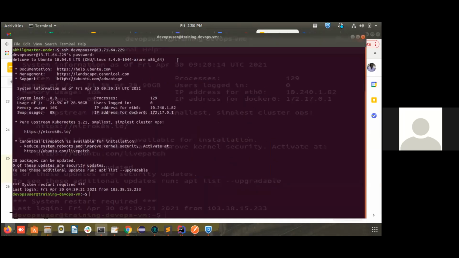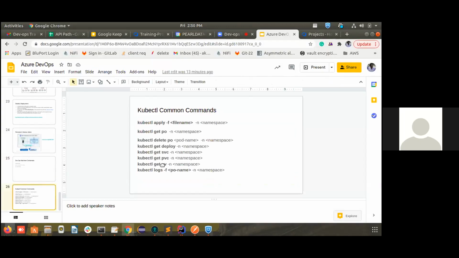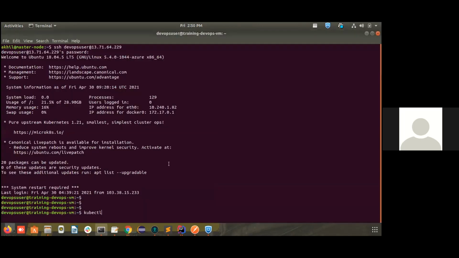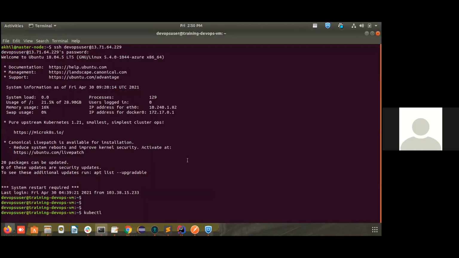Good, I'm inside that server. So I'm basically running a kubectl command. These commands I have given in this slide itself. So, common Kubernetes commands. With these commands, you will be able to do pretty much the operations that are good for you to deploy applications in your